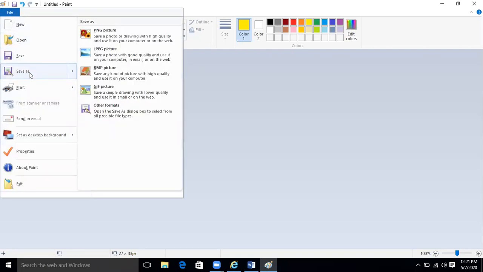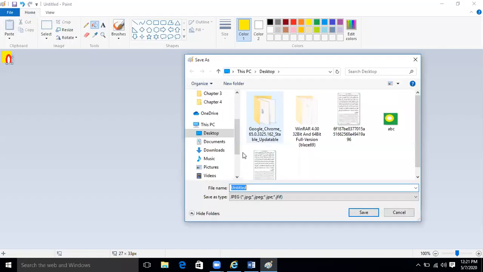I am going to save it as a JPEG file. JPG is the extension of the JPEG file, and I am giving it any name, for example xyz.jpg, and I am going to save it.